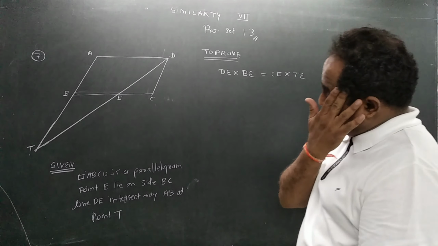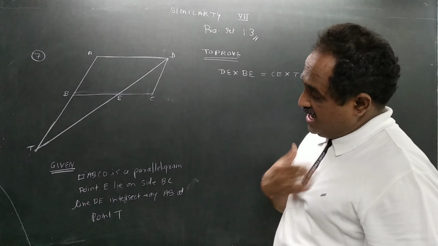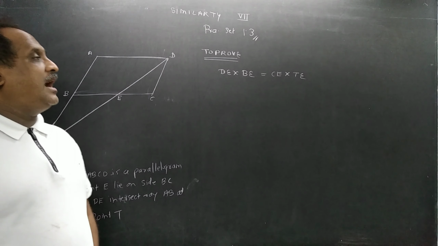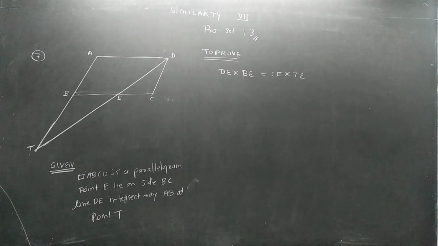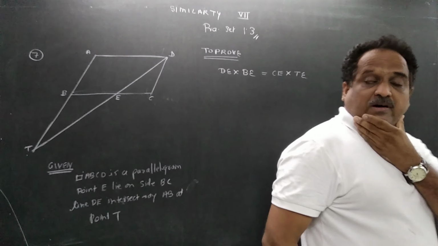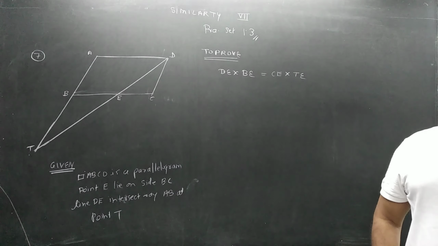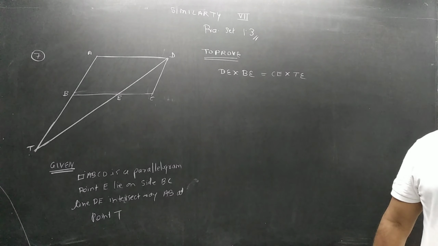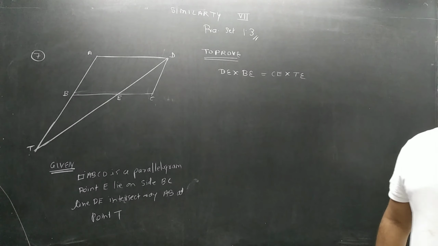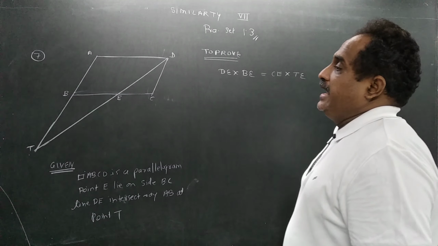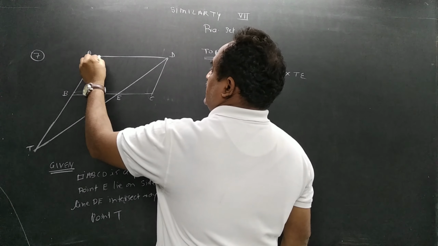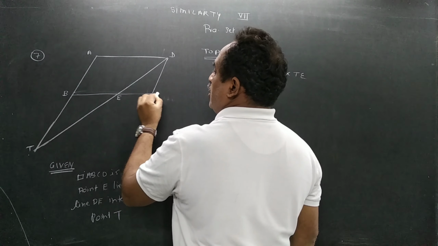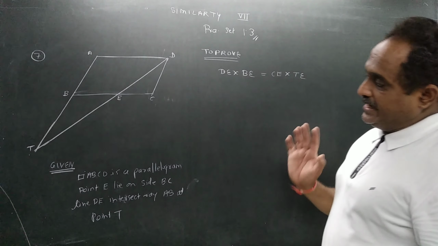Now we have to prove this. They have given this quadrilateral ABCD is a parallelogram. I told you last time that quadrilateral was an important topic and we are going to make use of it in 10th standard. So you must know all the properties of parallelogram. The definition itself says that a quadrilateral is said to be a parallelogram if opposite sides are parallel. So in parallelogram opposite sides are parallel. So if I consider quadrilateral ABCD, AD will be parallel to BC and AB will be parallel to CD.